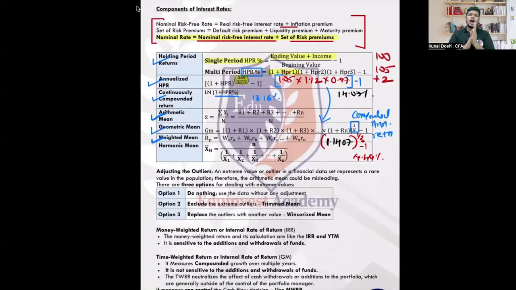Clear? However, there is one interesting concept related to harmonic mean. Now, harmonic mean is used when? Harmonic mean is only used when you want to find the average cost. You can write it down there. When should I use harmonic mean? Only when I want to find the average cost of something. It is actually not used to calculate returns, but it is used to calculate the average cost of equal investments. Yes, the investment has to be the same at regular intervals. Only then you can calculate.